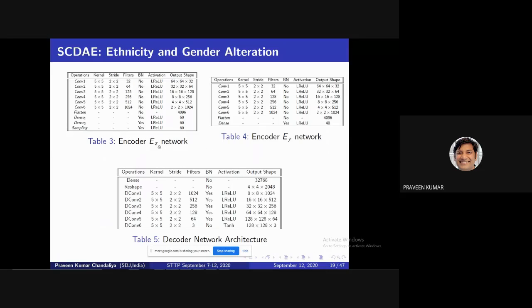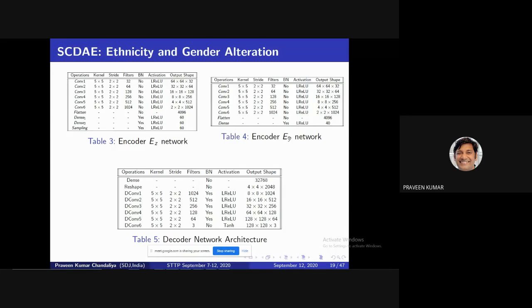This is my encoder. You can design this with convolution operations, then flatten layers, flatten, dense related to linear, then sampling. In my previous program, the size of the latent vector is 50, but in this one the size is 60. This is a very challenging task: how to select the latent vector size. This is not an easy task, because the latent vector represents the identity of the face. Identity is very important in the case of face data, in the case of face models.